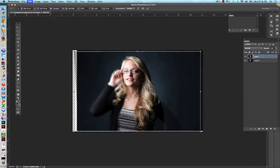Okay, Command T again, and you can see this bounding box that is around the exterior portion of your image. And when I get close to the edge of one of those corners, you'll see that my arrow turns into a two-headed arrow that's curved. That would allow me to click and drag it in a circular motion to rotate the top layer. All right, so once it looks pretty well lined up in terms of the eyes,